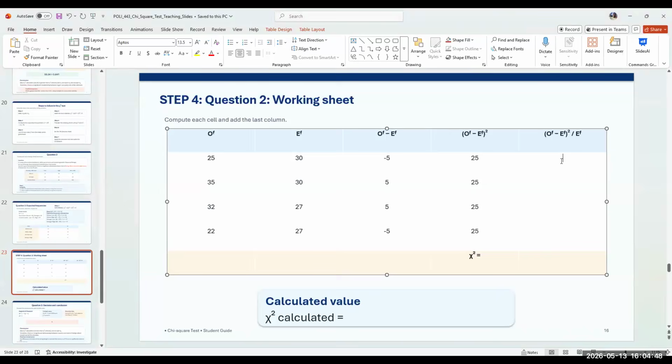Please, Mr. Gosway, can you help us? What are we going to get with (OF minus EF) squared all over EF? So the first one,